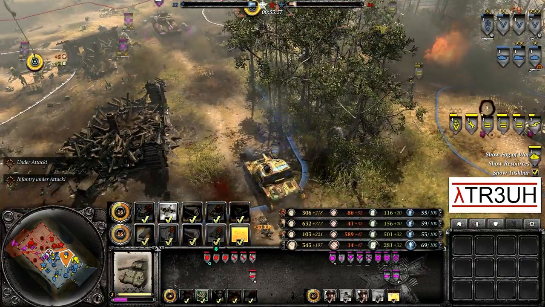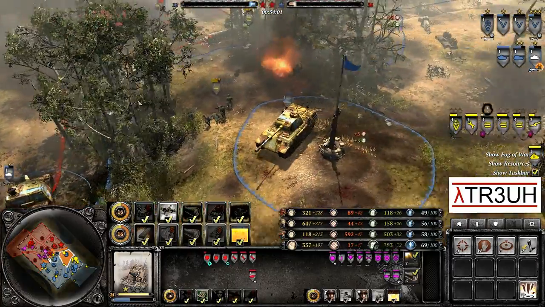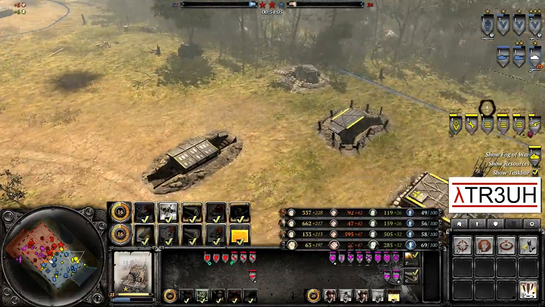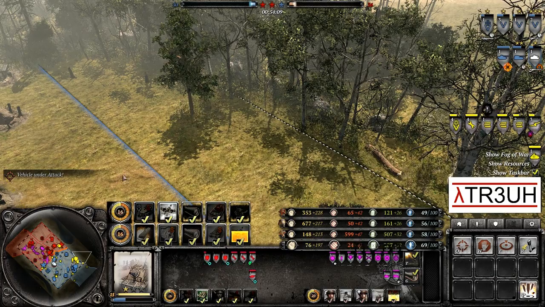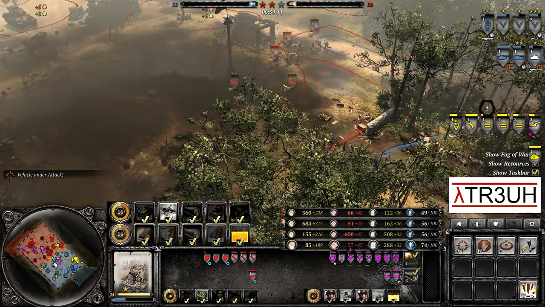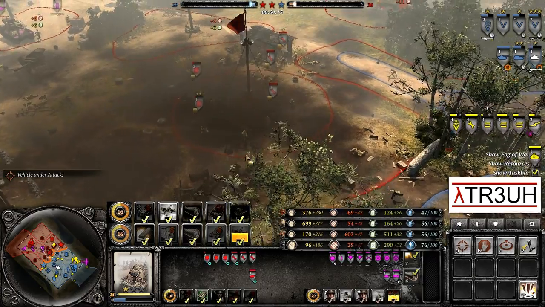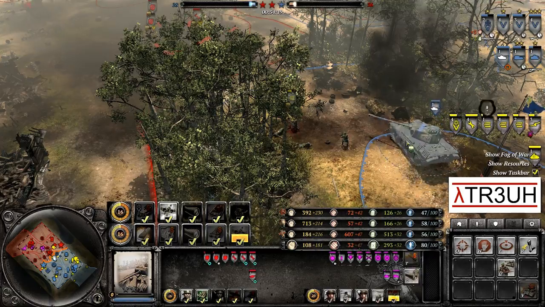Jackson tank destroyer duking it out against the Brumbar. The Brumbar managing to put up a decent fight because... Whoa, whoa, whoa, what's going on here? Okay, gonna have to disable that. There you go. I don't know what the hell happened with that. My keyboard went haywire. Anyways, what I was saying, the Brumbar was putting up a decent fight there against the